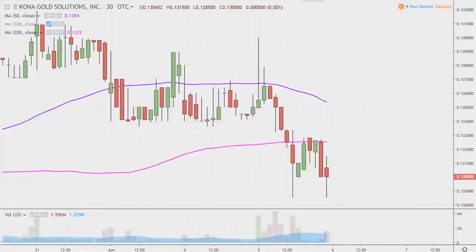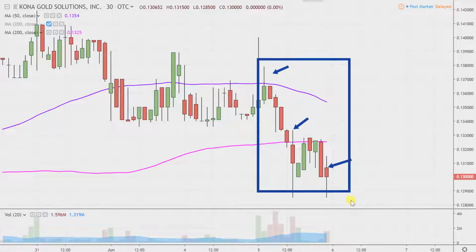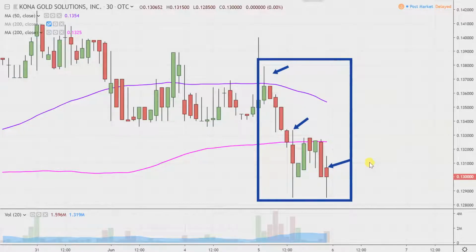Real quick, what do I mean by 30-minute, in case maybe you're new to charts? Instead of each one of these candlesticks representing one day's worth of price action, which is what you would normally see, each one represents 30 minutes. So while this may look like several days' worth of time, it's actually today's price action broken down into